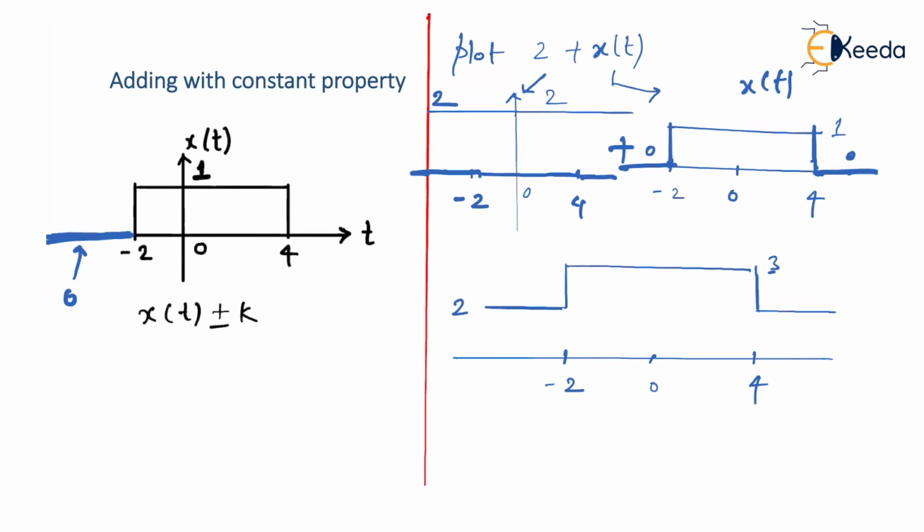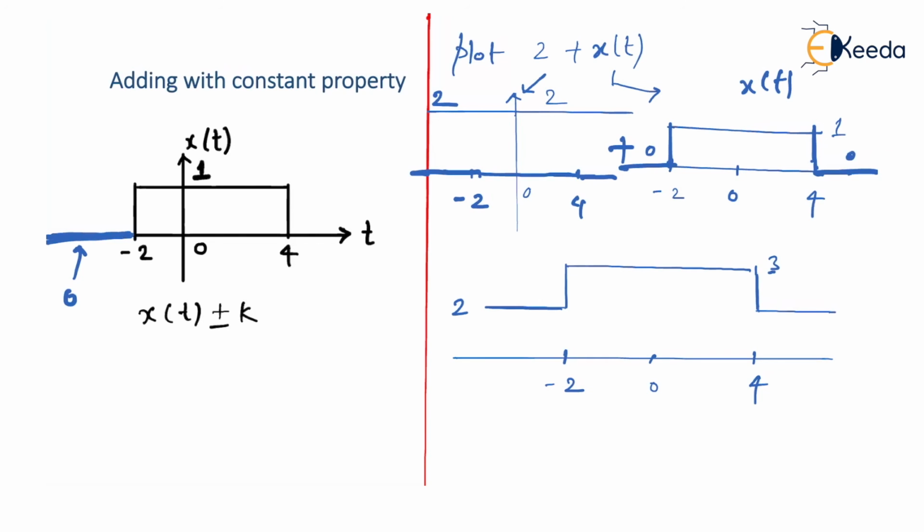So in a way, do you think the signal got amplified? The answer is no. The signal has not been amplified. The signal is just shifted upward by an amount of 2, where 2 is what we called a DC value. The reason it is called a DC value is that it is 2 throughout, for all time. So whenever your particular signal gets shifted upward, this is what we call clamping up. And if k were negative, then the same x of t gets shifted down by that k value, and this is what we called the clamping down property.